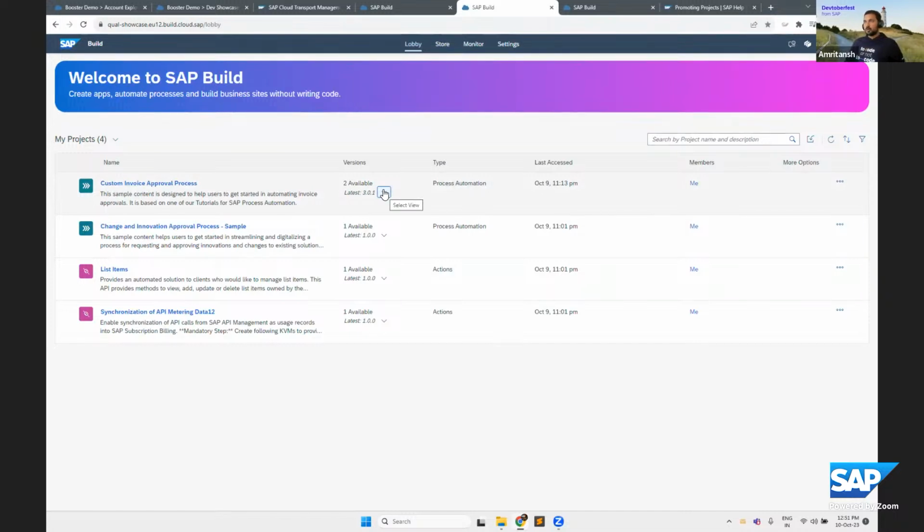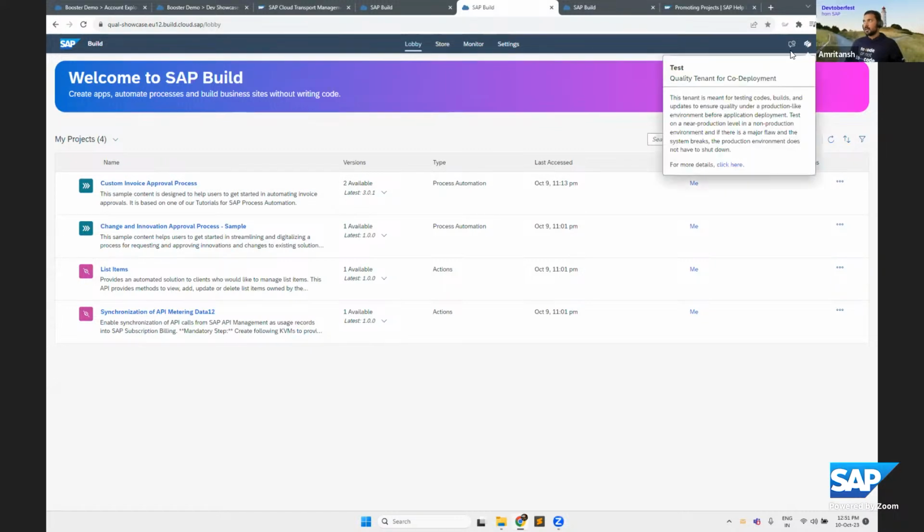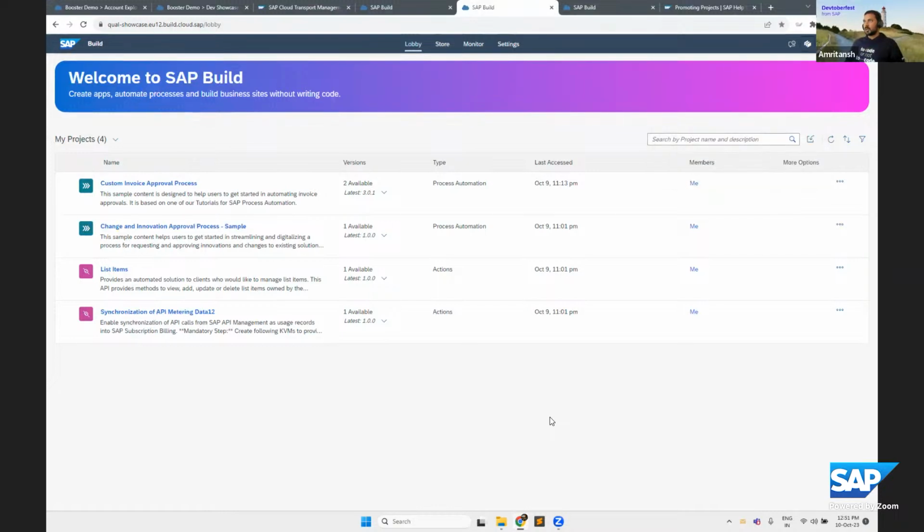Now, how do you differentiate between a dev tenant and a test tenant? If you go towards the tenant mode here in this landscape, it says this is in test mode, and we've provided a meaningful name and description so that even the contributors or developers who have access to the test tenant know that the outcome of this exercise is that you can move content from dev to test and ensure that it works fine, in an environment very close to the production one.